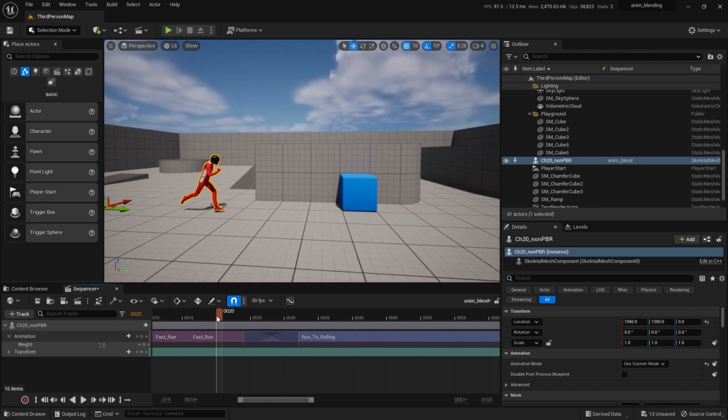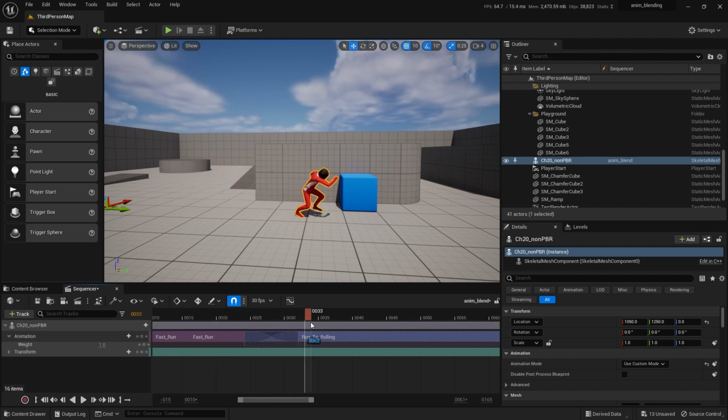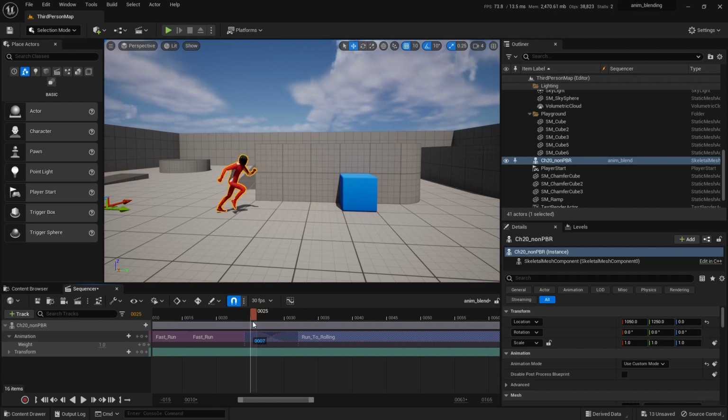I can just show you how things should be done, and then you can spend your time doing all the detail that you want. So he's got a little bit of a rush there going, but that's because he's moving and then doing the blend. So you'd have to finesse that a little bit, but it's not that bad. I mean, it's not that great, but it's not that bad. I'm showing you the technique at least.